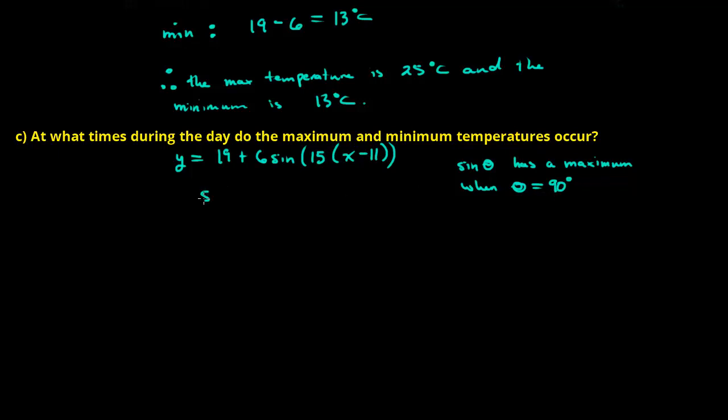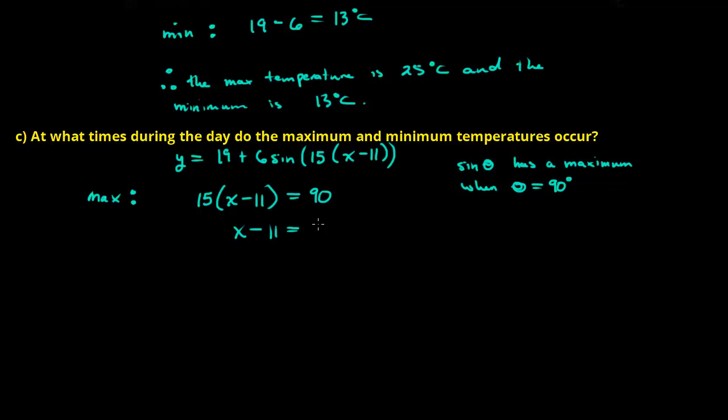So the maximum is going to be when 15 times x minus 11 is equal to 90. If we divide both sides of this equation by 15, we get that x minus 11